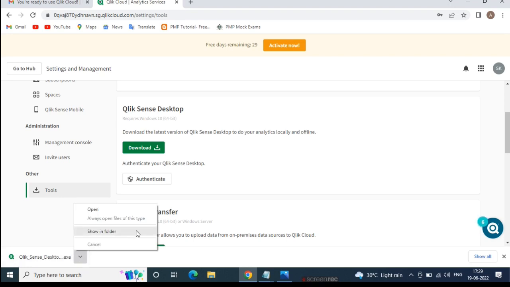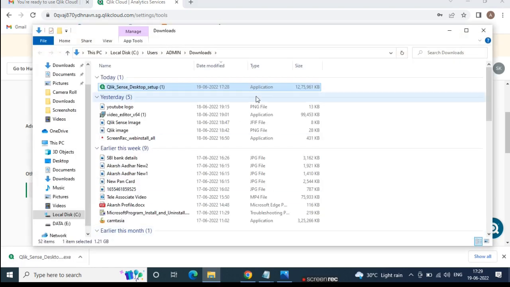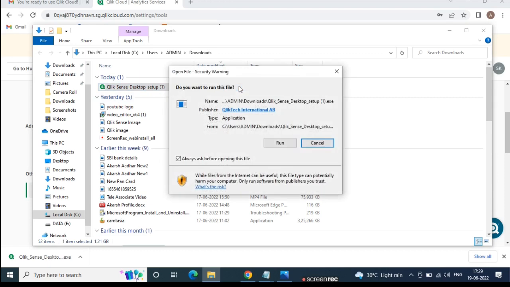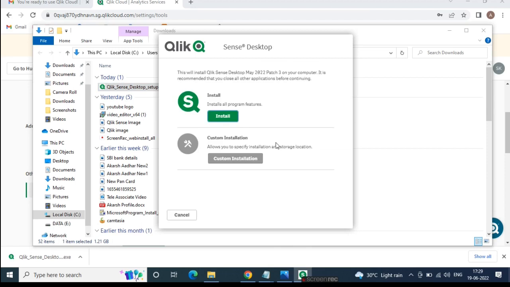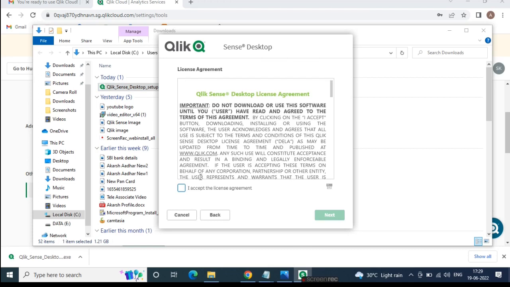Just go to the location of the download, in the folder, and just double click on it. Just click on install. Click here